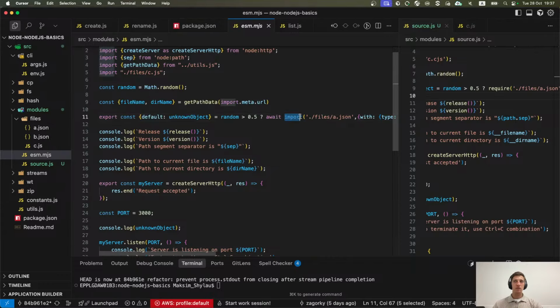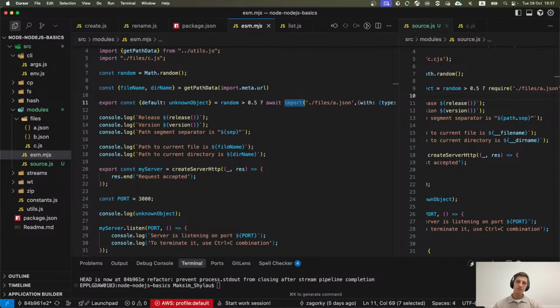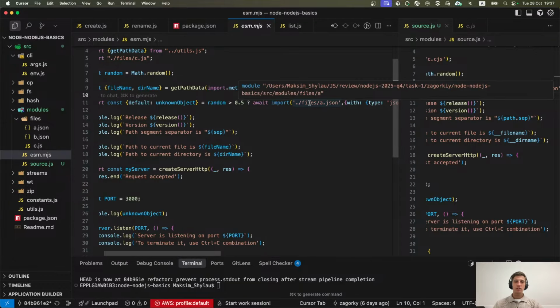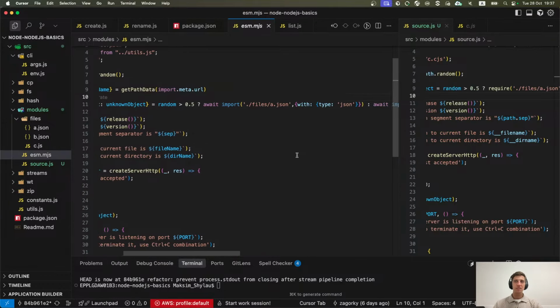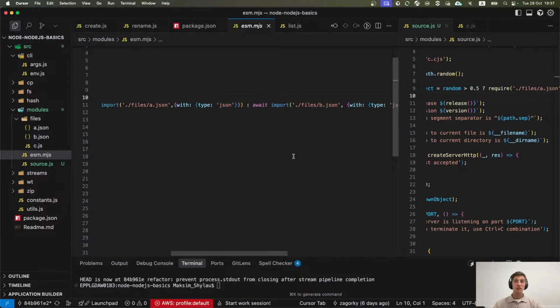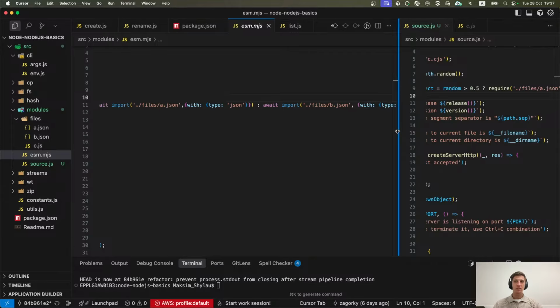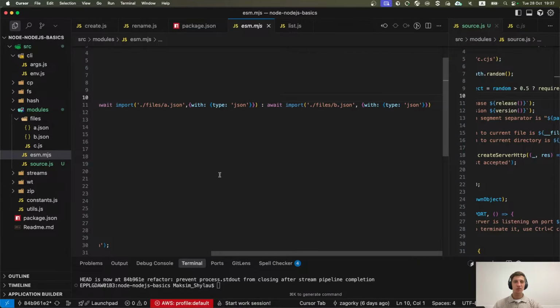What is import here? It's called as a function. Is it really a function? How do you think? Yeah, it was a question to the audience. One more. Because this stuff is sometimes asked at Node.js interviews, or maybe not Node.js interviews, as a tricky question when you don't know what to ask.